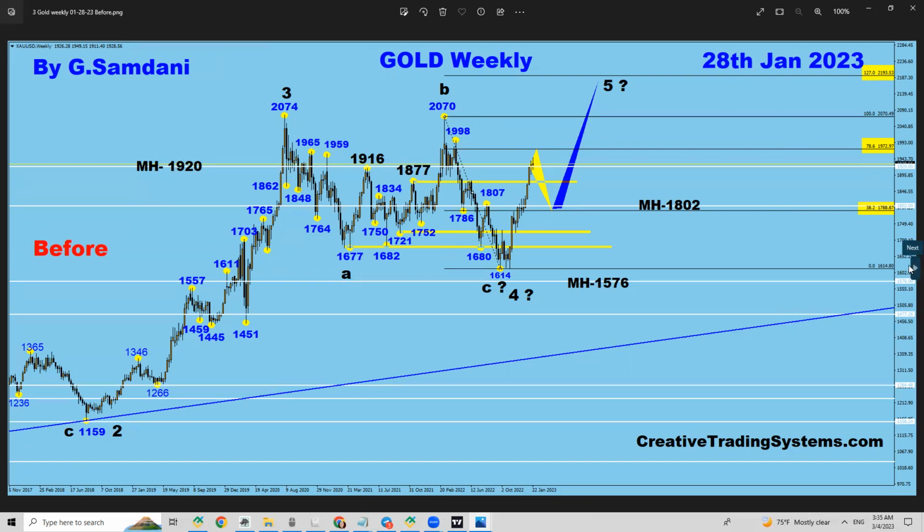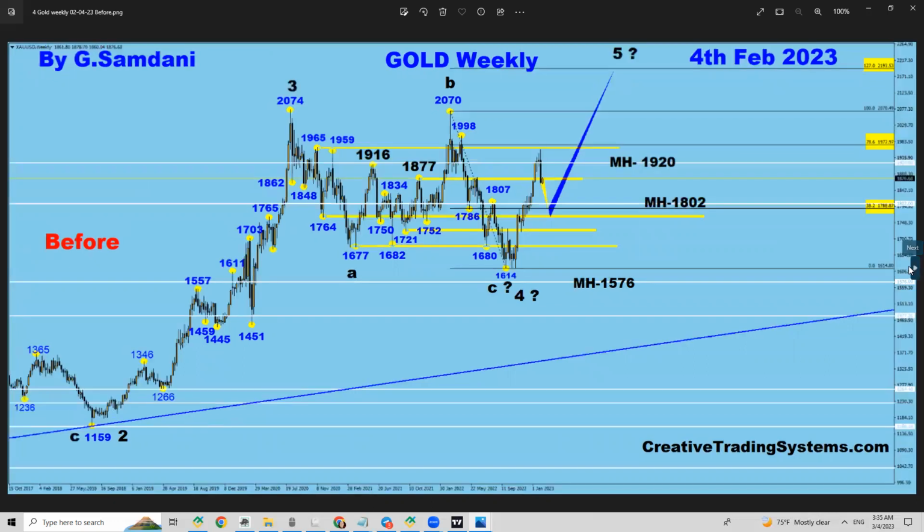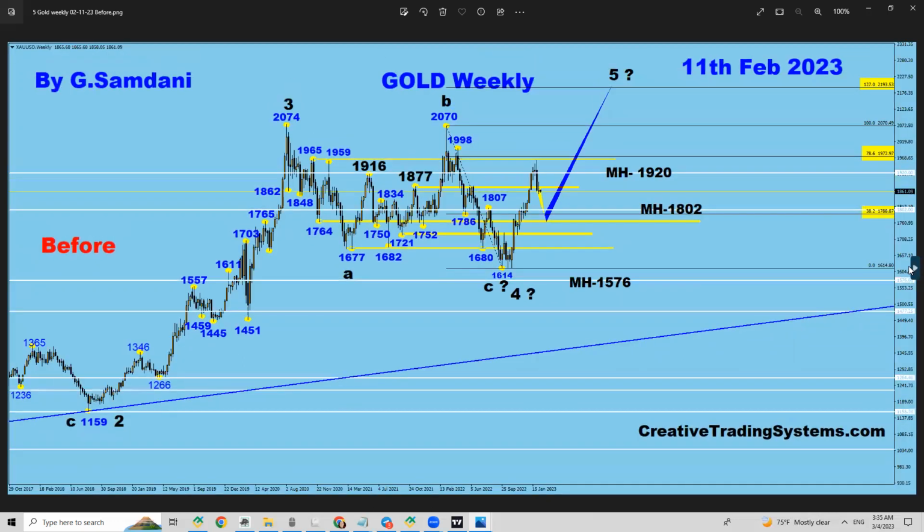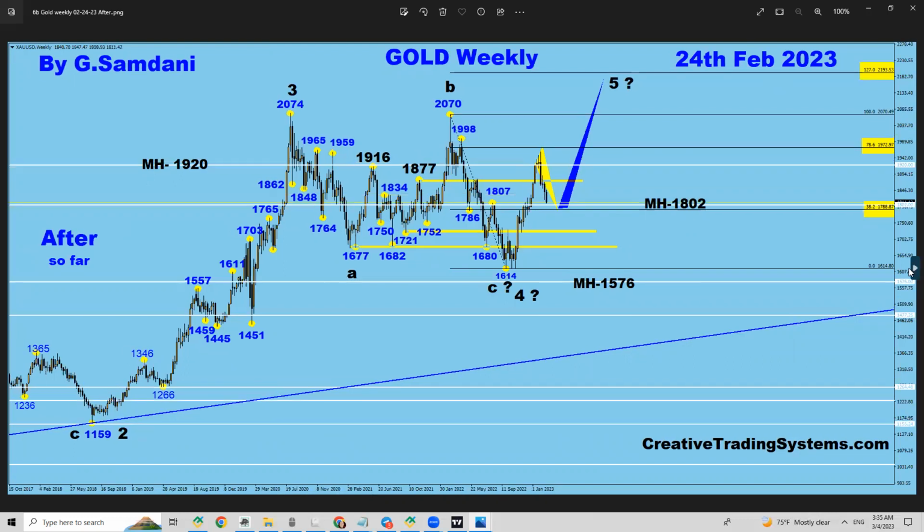So what happened to this chart? Just keep looking. It's dropping, dropping, dropping, and dropped to 1802 on February 24th. My chart is still the same, that it's going to hit this 1802, bounce from here and go to the upside. When it was dropping, I made several short entries, and you see they are all over my gold videos. Here, to me, the drop was about to end. So I said this is the mark. The blue mark is saying that somewhere here, we're going to be going to the upside.